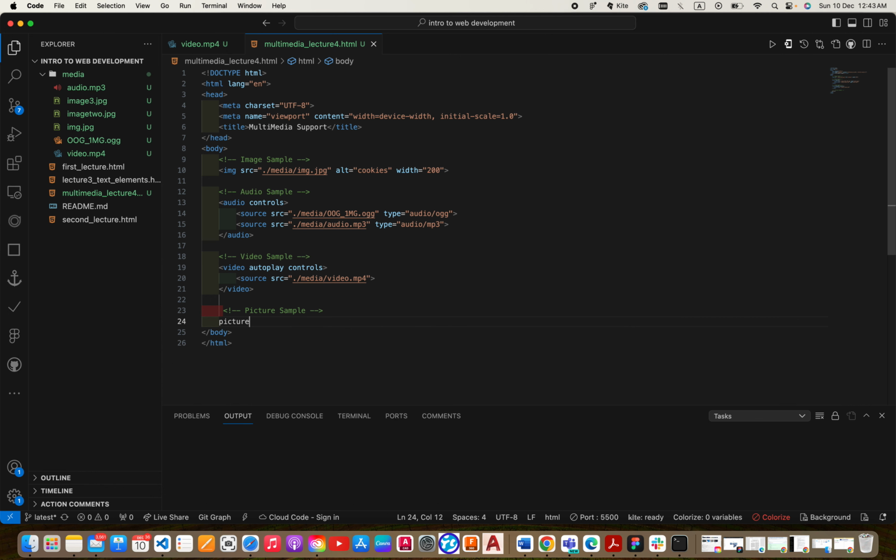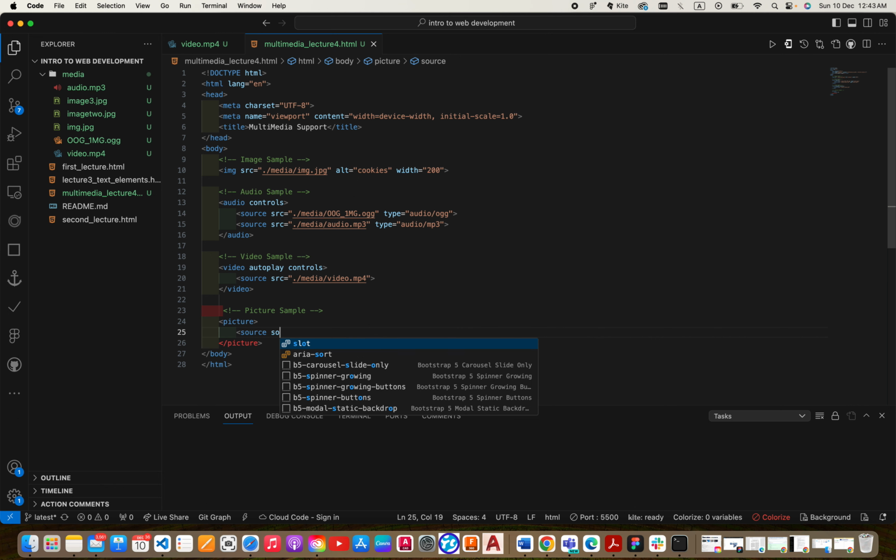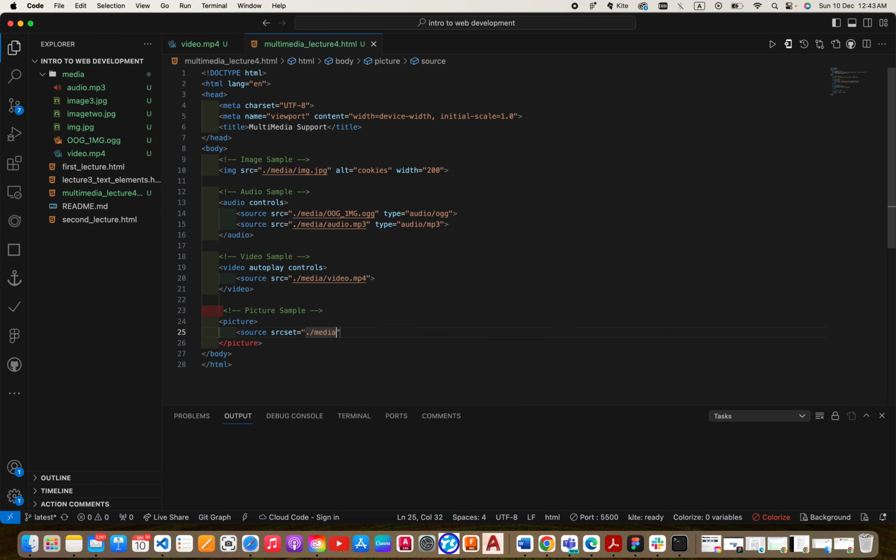So here is our picture. It's the tag picture, slash, we are having the picture. Inside the picture we are going to write the source, and inside the source I'm going to write the srcset. What does that mean? That actually means that we are having the source set. So we are having the source, then there is the source set called media, and inside the media there is something called